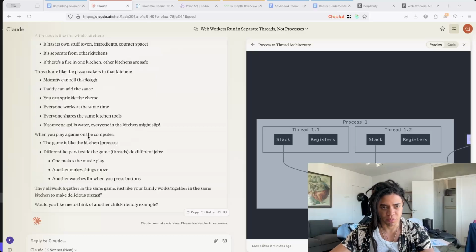When you play a game on the computer, the game is like the kitchen, the process. Different helpers inside the game, the threads, do different jobs. One makes the music play, another